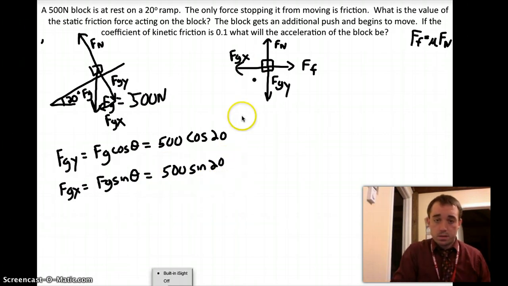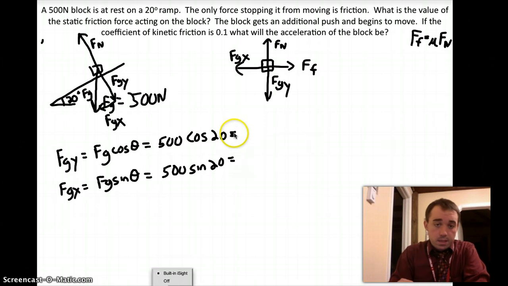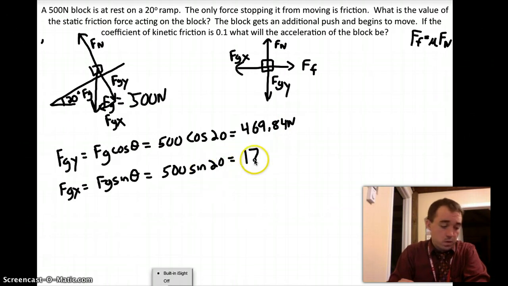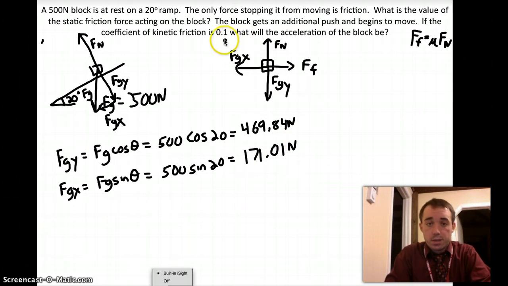Get those numbers, and I get 500 cosine 20, 500 sine 20, 469.84 newtons for 500 cosine 20, and 171.01 newtons for my FGX. So on my free body diagram, my FGX is 171.01 newtons. My normal force, I don't know yet, but I know my FGY is